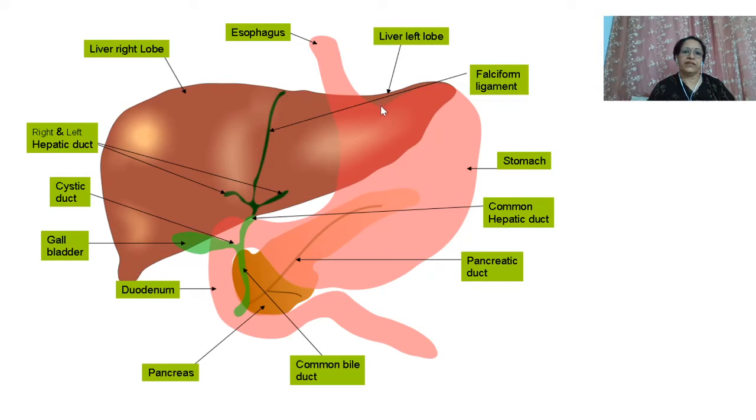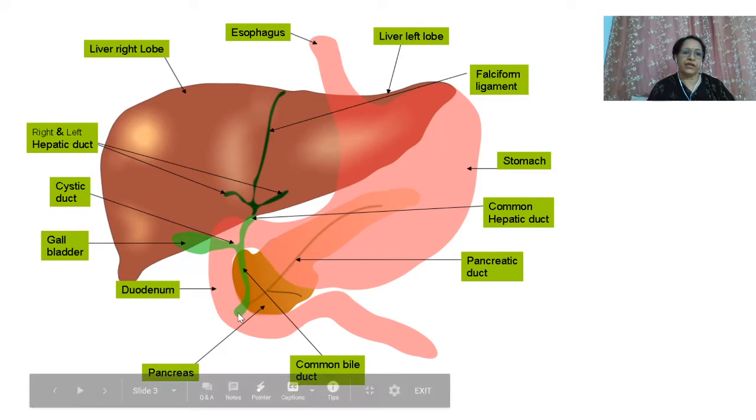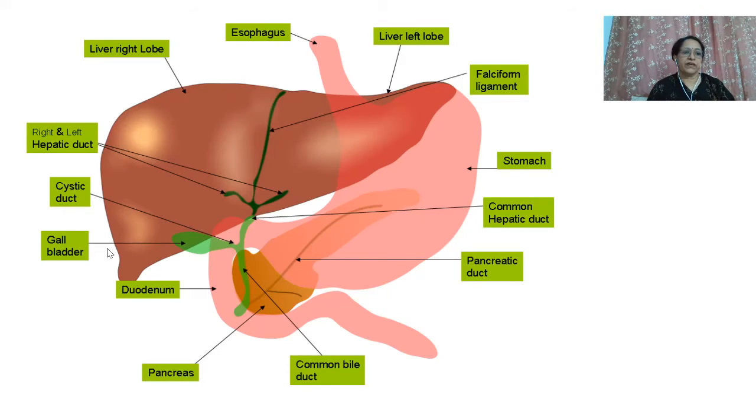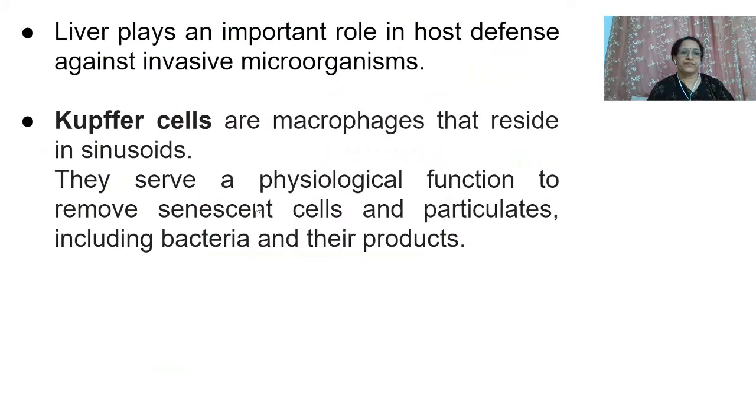of the liver. It is situated near the gastrointestinal tract, and so is the gallbladder, which is again part of it, with the opening of this bile duct into the duodenum portion in this way. Here, this is the cystic duct, gallbladder, hepatic duct, and the last one is the common hepatic duct, this one. These are the main parts of the liver.